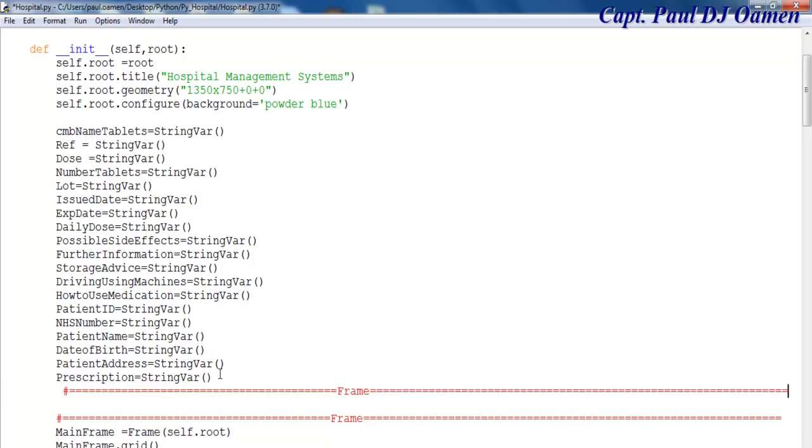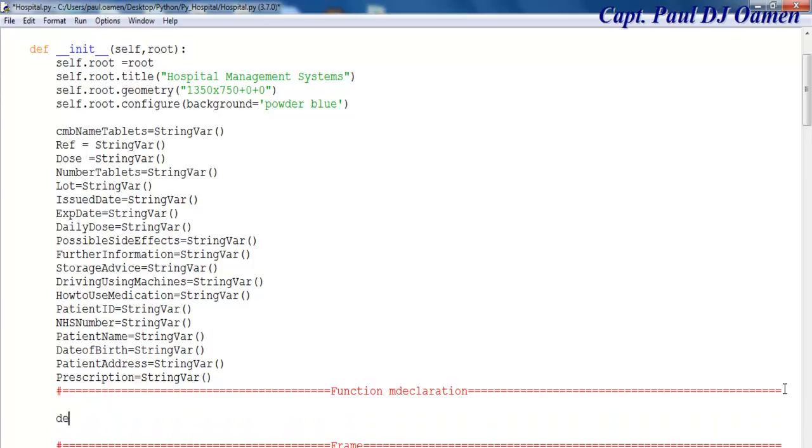So paste that in there, just copy that, and in here this will become function declaration. Alright, so the very first function is going to be exit. So we said define function, and that's going to be iExit,